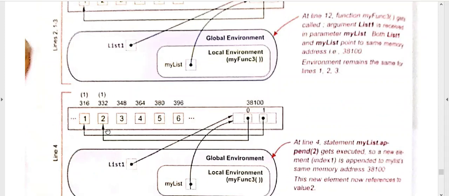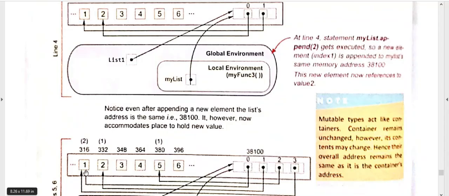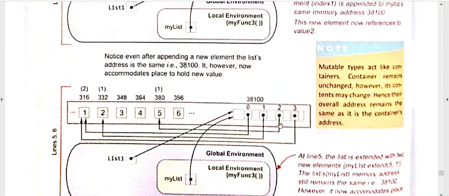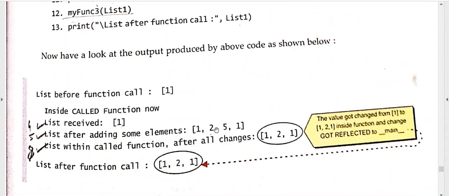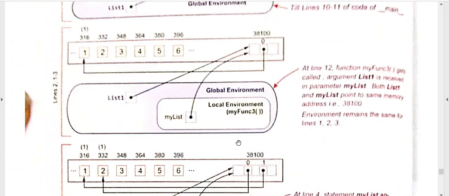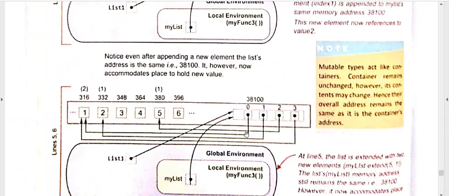Okay, then you added 2, then you added 1 again, so two pointers are there, right? So you will keep adding. First element was 1. Second element you added was 2, third element of the list is 5, then the fourth element is 1. So you can see 1 2 5 1. So the list will point like this, 1,